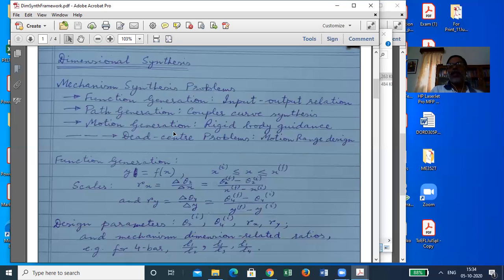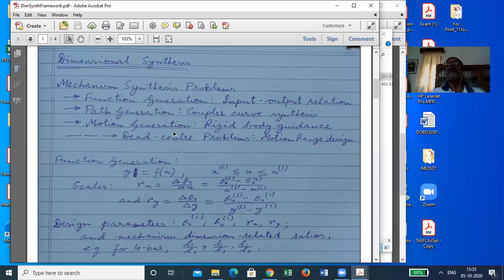You have a rigid body, okay, which you want in this position and orientation at some time, then in this position and orientation, and then in that position and orientation. Okay, so like this sequence of 3, 4, 5 positions and orientations, you want a rigid body to be guided through. And so you may like to put this rigid body as the coupler of your 4-bar mechanism, or one